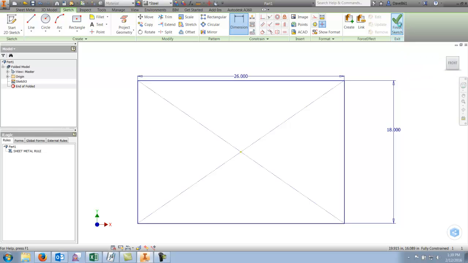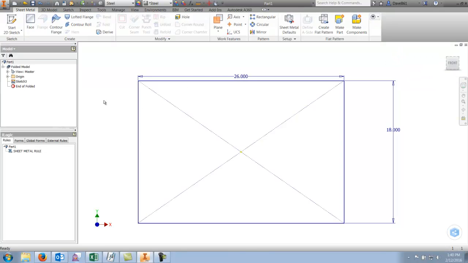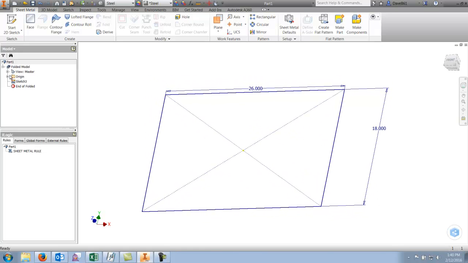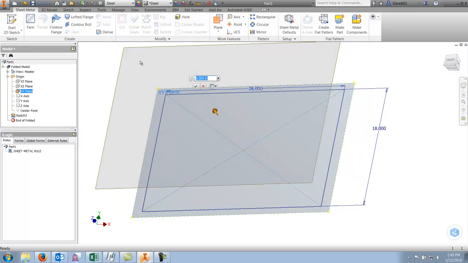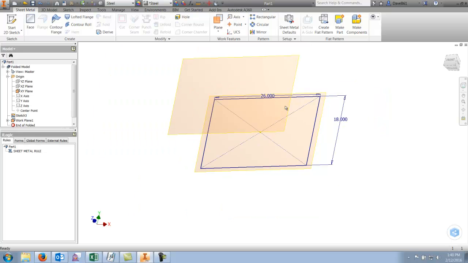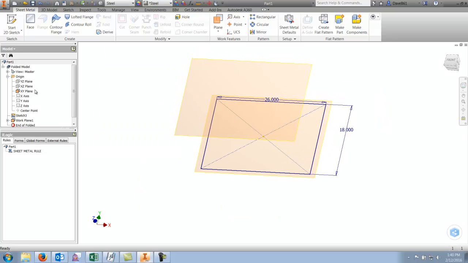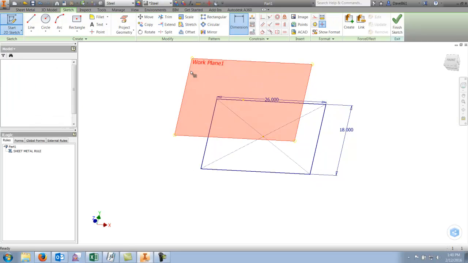Okay, so I'm going to exit the sketch, and I'm going to just momentarily turn on my XY plane. I'm going to go up and offset that plane, and I'll use this as my height. And I'll say 17. There. I'm going to put a sketch on that plane,